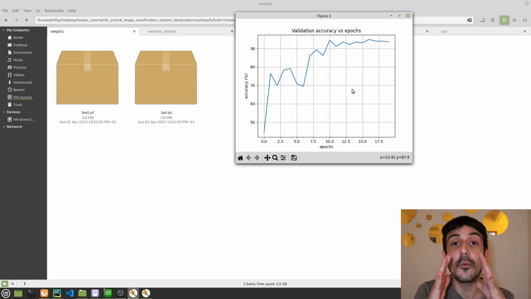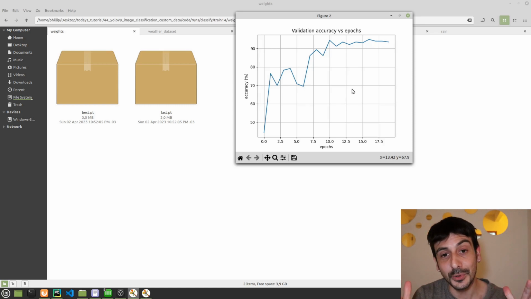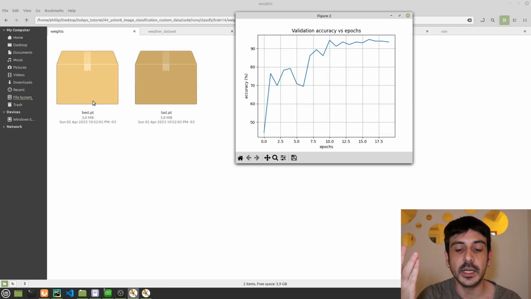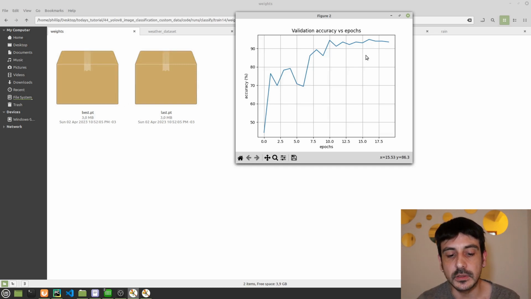And remember, there's a lot of randomness in this training process. So personally, I consider that taking the model which was trained at the end of this process is a much better option than choosing another one, like the best model, the one with the highest accuracy, but which is not the last model. That's what I usually do. I usually take the last model which was produced at the end of the training process.